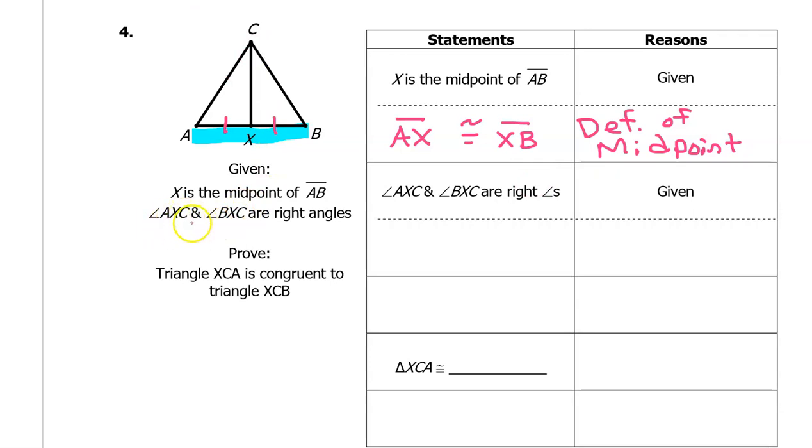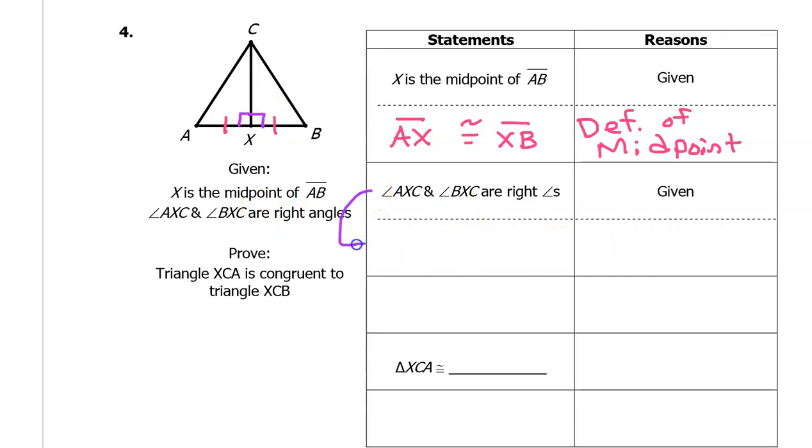Angle AXC and angle BXC are right angles. What are they talking about? Well, here's angle AXC and here's angle BXC. These two angles are right angles. We will show that with little boxes. So this is a right angle and this is a right angle. We're out of given. Oh wait, we need to write something into the proof based on the fact that these